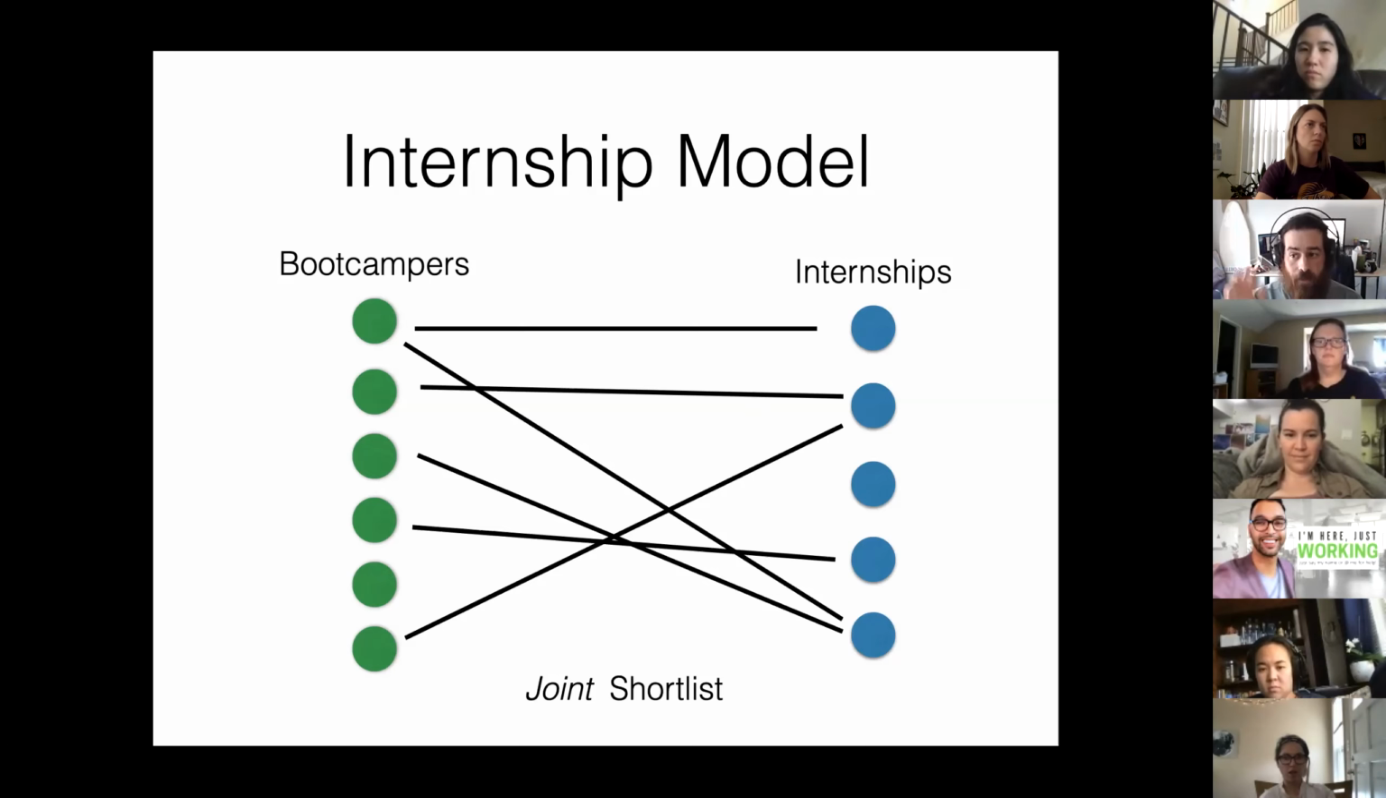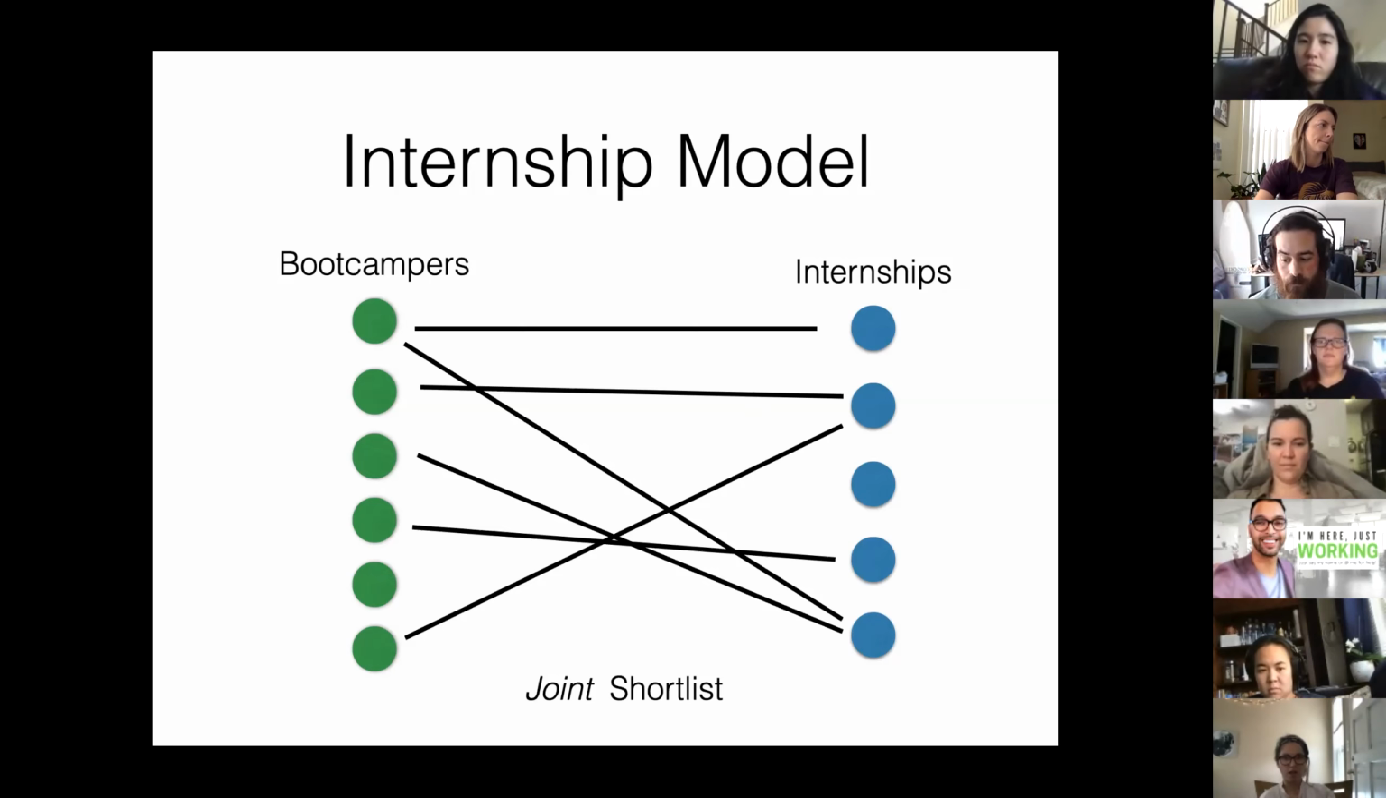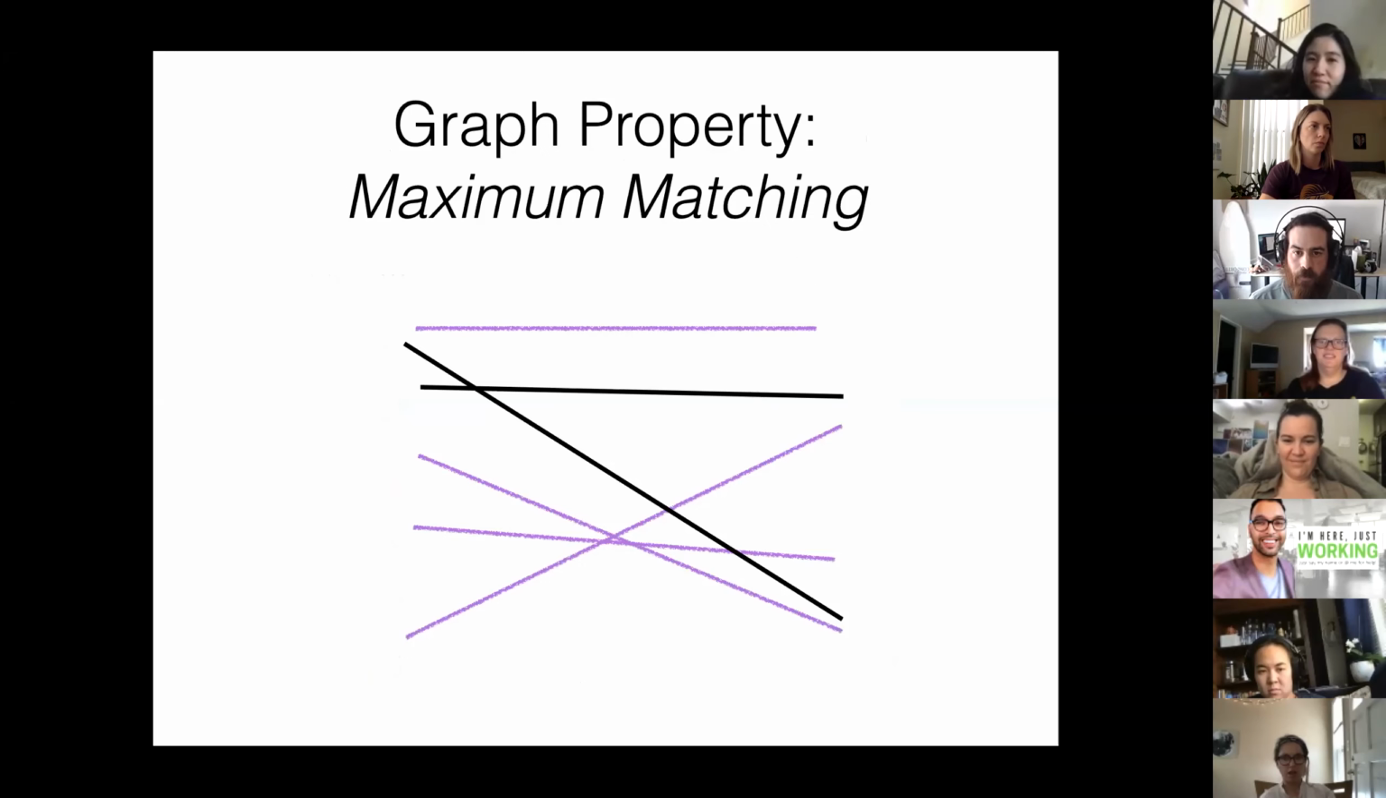And now, what I definitely didn't tell you, I told you what the shape of this graph could be, but I didn't tell you which graph property we were going to have to use. Yeah, boot camper 1 is eligible for 2 internships. Exactly. But we need to pick one, right? So we need to pick some of these edges. And the graph property that we're going to use is called a maximum matching,